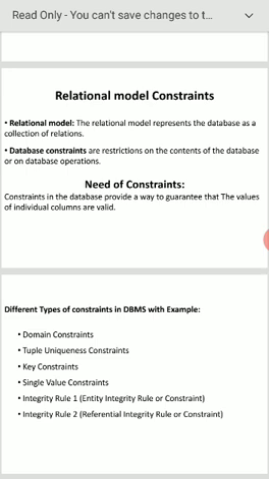Suppose name is there. We can store only strings. Class is there. You can store only string because I have taken it as a string. Suppose I have taken 1A, BCA. Second tuple, if I take X, BCA, X is not integer. This is not allowed. This is called a domain constraint.